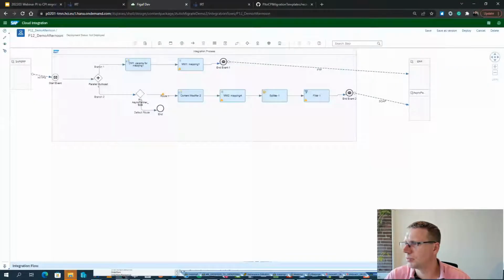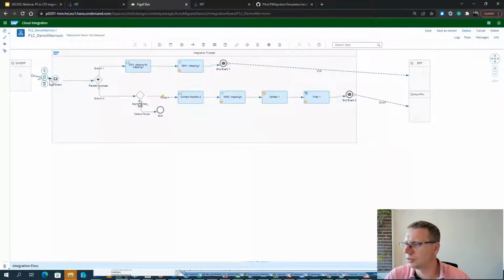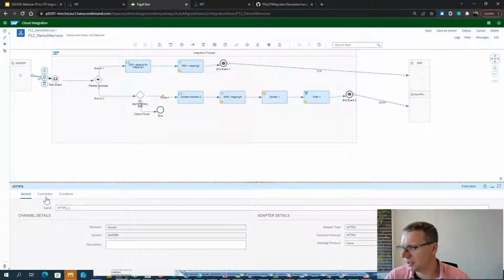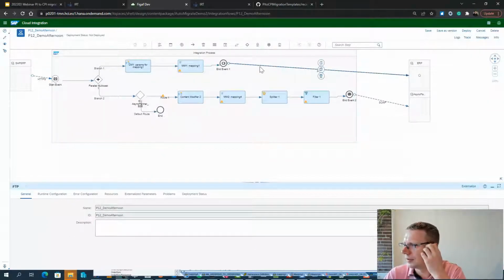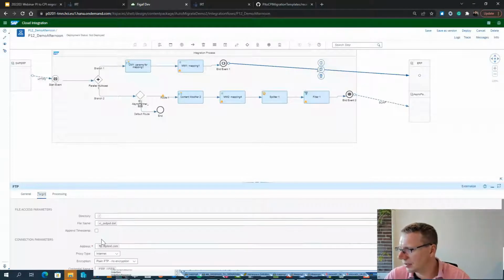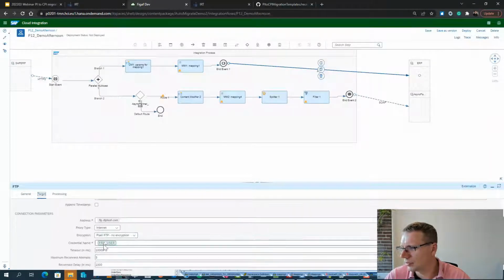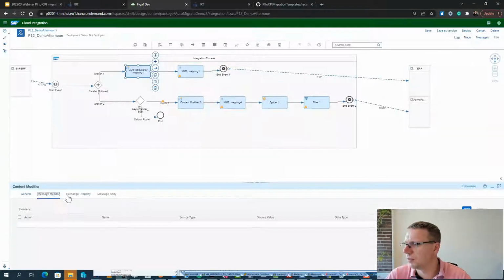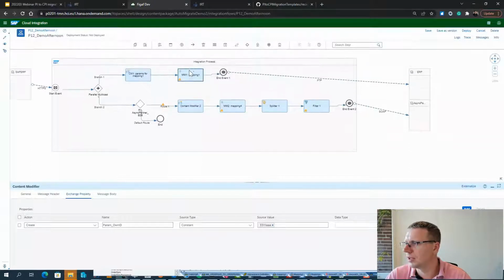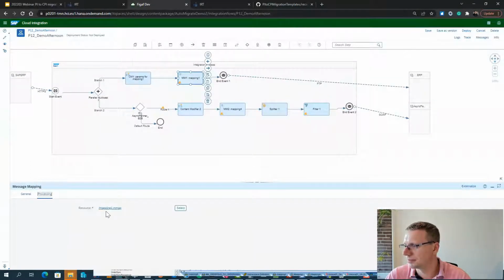So let me just go into edit mode. One of the comments that we got was we needed to specify the HTTP endpoint, and what we have added here is just using a generated URL, which is really not valid. We have an FTP data here that we have set up with these data. We can see it fetches all of this as external properties. As you saw, it had a message mapping with external properties. They have then been moved here to this exchange property, and that means if I open the message mapping,